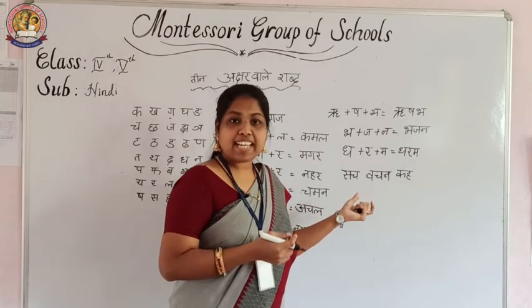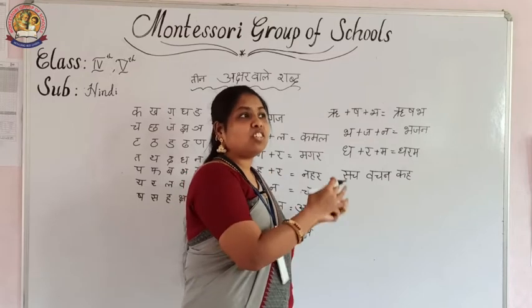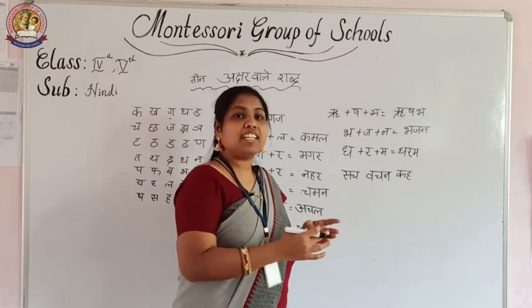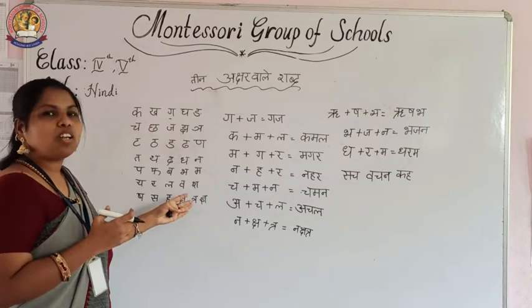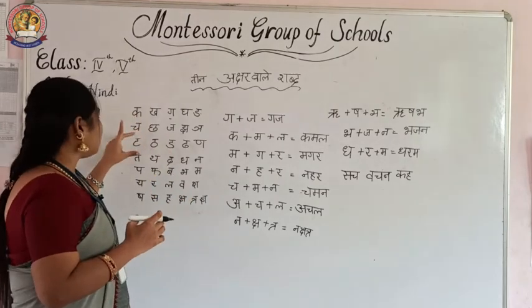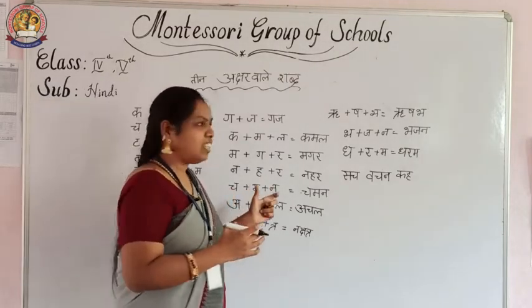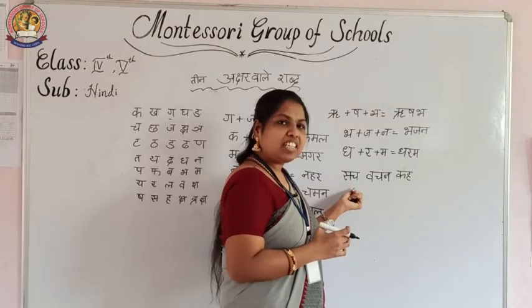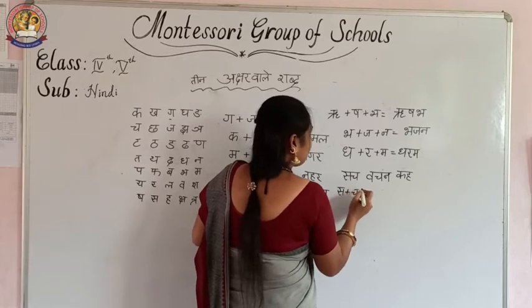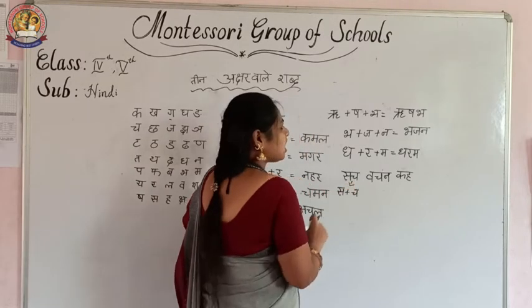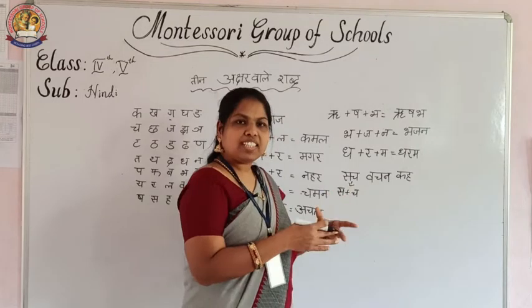In the previous class I explained 2-letter words with the sentence also. We formed a sentence and we studied how the word is coming and how to join the letters and what the pronunciation of that one is. Pronunciation means you must keep in your mind, this is all very easy. Ka, cha, ta, ta, pa. If we read ka, kha, ga, gha, this is very easy to identify also. What is the letter given here? First you must know this one. Sa plus cha. What are the letters in this one? Sa, cha, such. What is the sound? Sa and cha together, such.